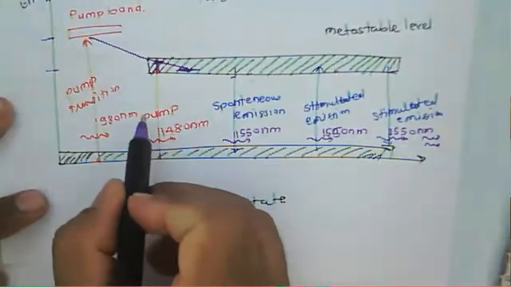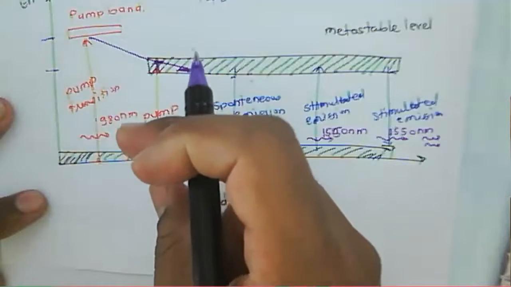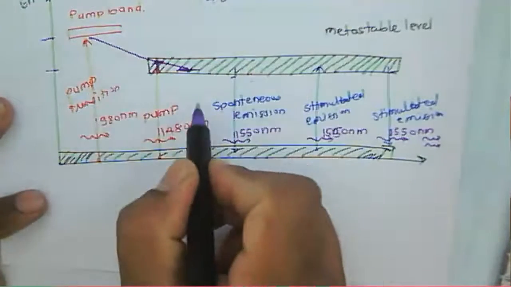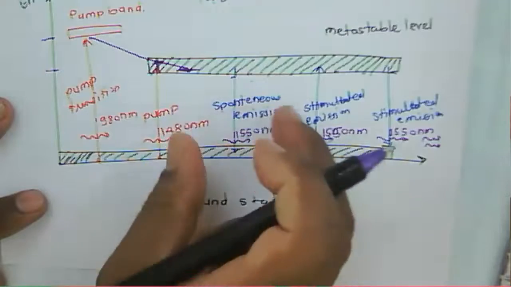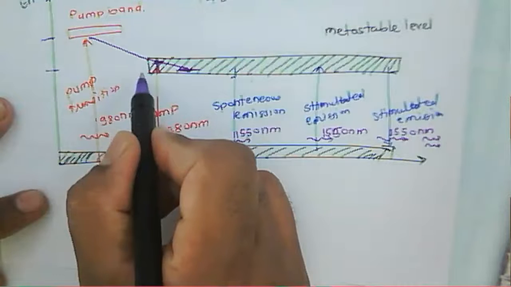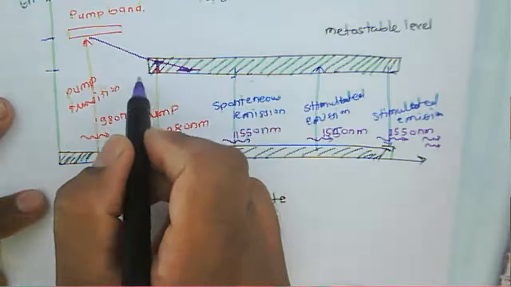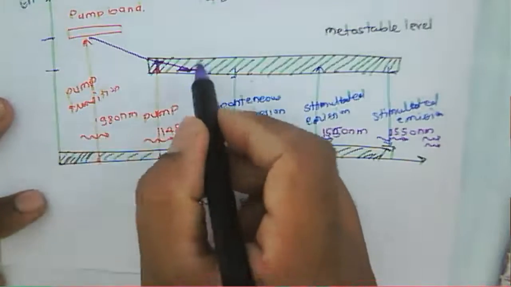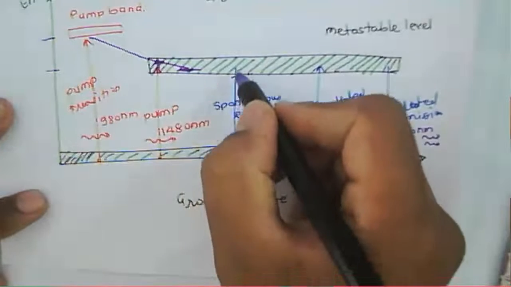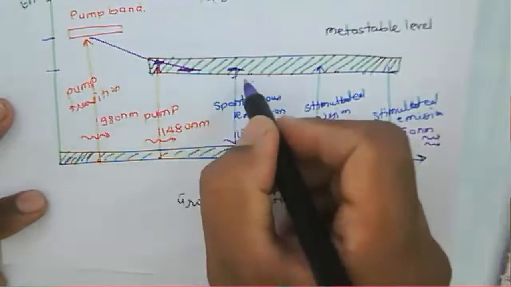That is because when we pump the electron there, that electron will tend to move to the lower band of this metastable state. Some of the ions present in that metastable state can further decay back to the ground level. So the electrons present in that metastable state will go back to